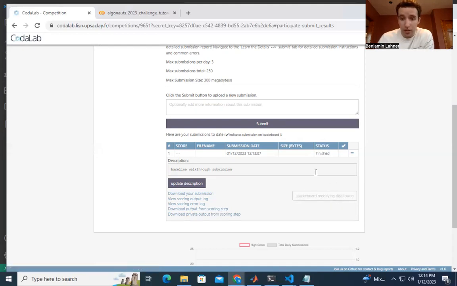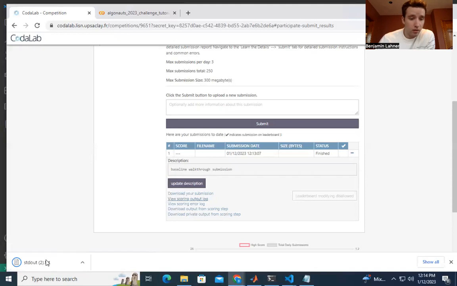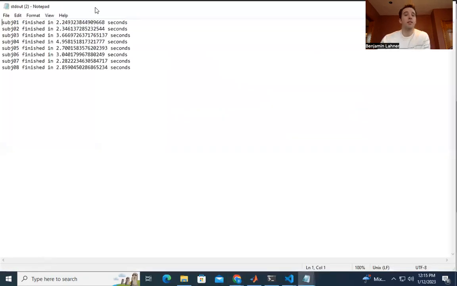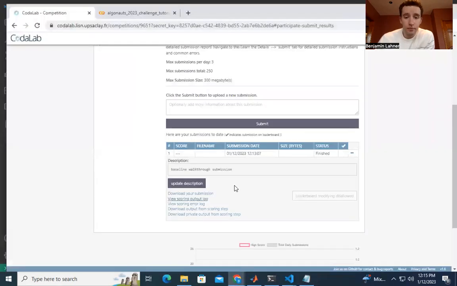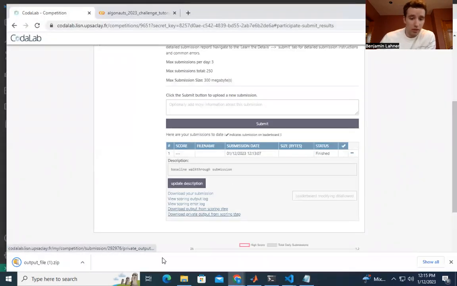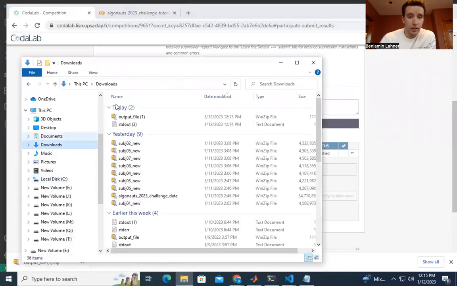Okay, so status has finished. And again, in addition to us providing our own custom script outputs to you here in the output log, if Python throws an error, it's going to throw the call stack right here in the middle here. So we're just going to click on that for now. Okay, so in this case, there were no errors. That's good. So we just have by default printing how long it took for each subject to complete. And then output from the scoring step. And take a look at that.